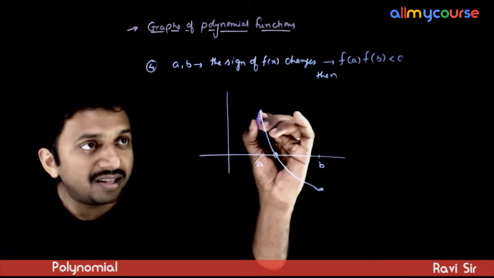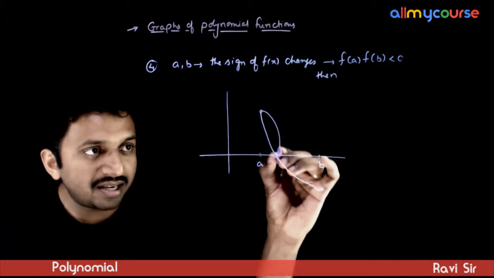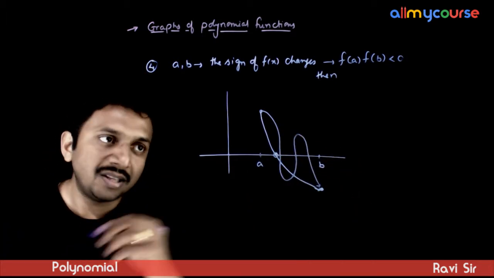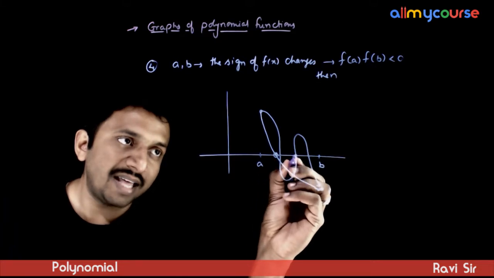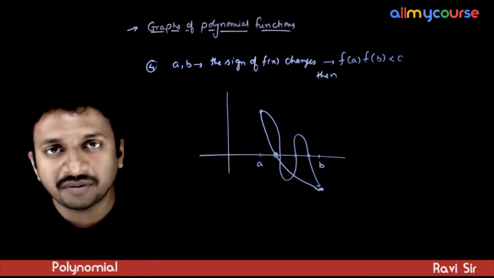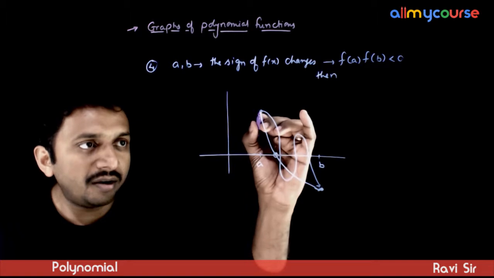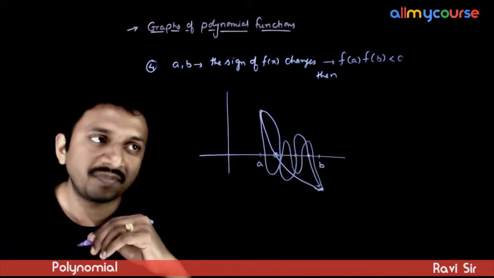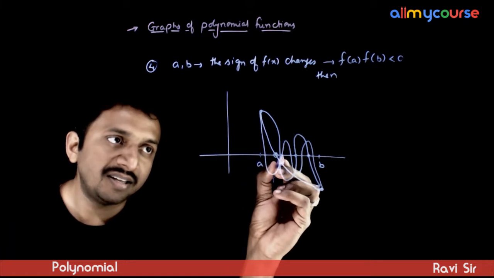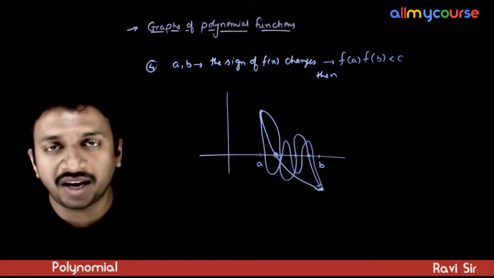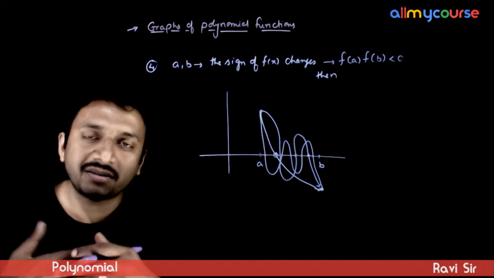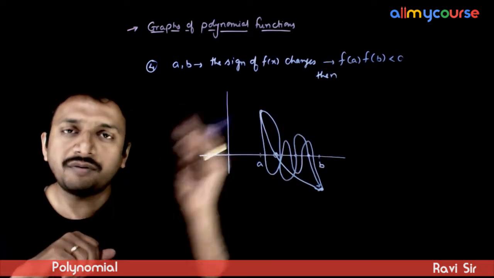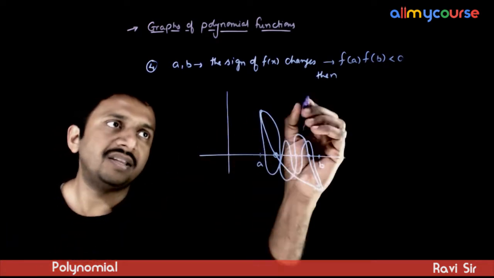Or the graph can be something like this. It can go down, go up, and then come down to this point. That means the graph is cutting the x-axis at 3 points between A and B. Or it can move like this. That means the graph is cutting the x-axis at 5 points between A and B, or 7 points, or 9 points, and so on. So if f of A into f of B is negative, then